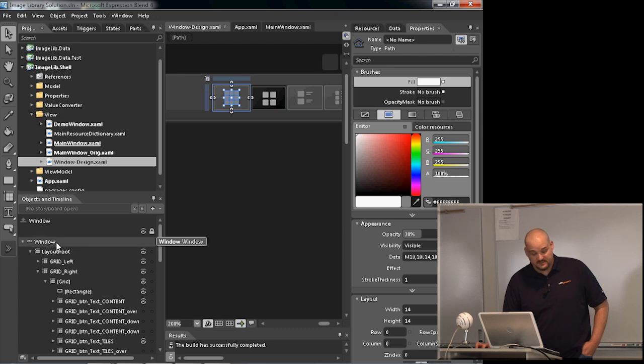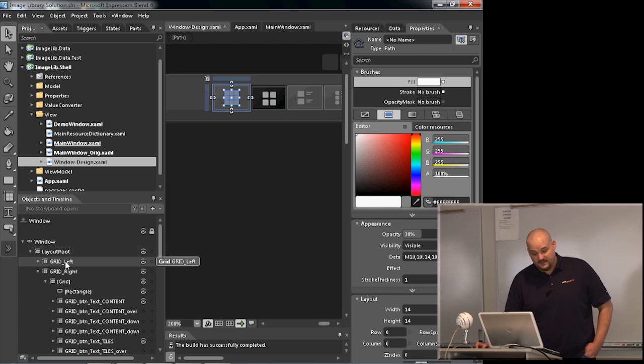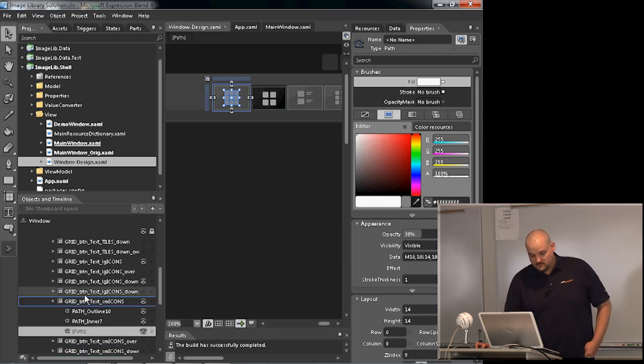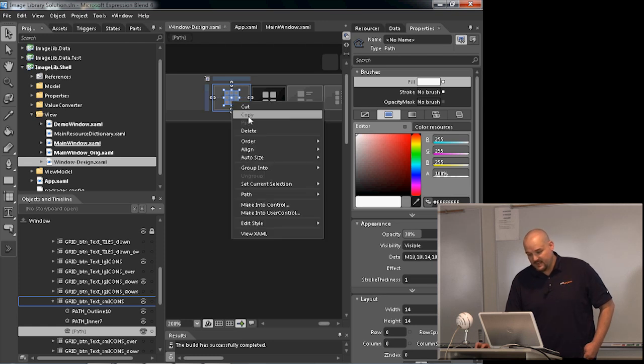So at my root is a window object. It has in it a grid, a layout root, and it's got grids in it, and you drill down, nested. And this path is in here, and it lives right there, okay? If I want to take this asset itself and place it in the other window, I can simply copy it,